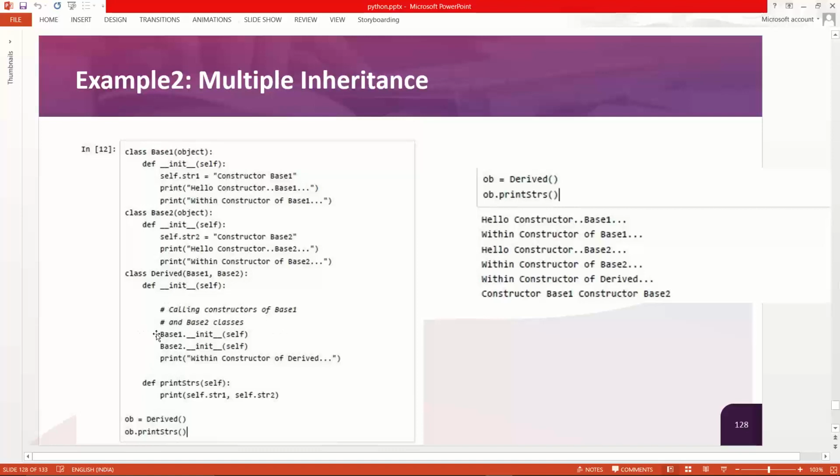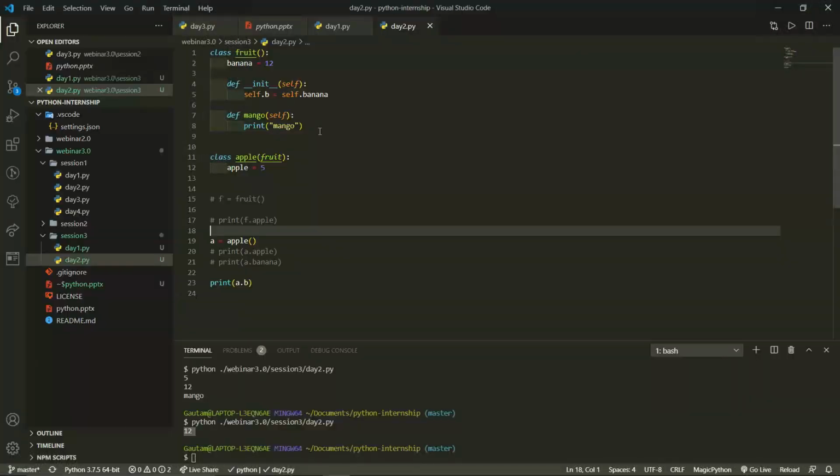We have called the constructors of base 1 and base 2 inside the constructor of the derived class. What happens if we are not calling them here? In the previous case, it was directly introduced, but why? Because we didn't have any constructor in this class.